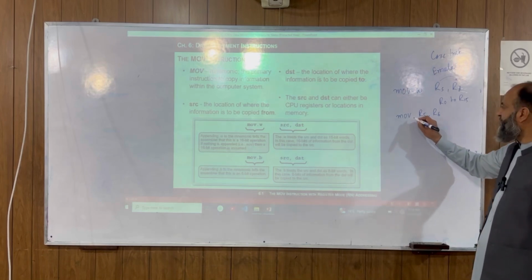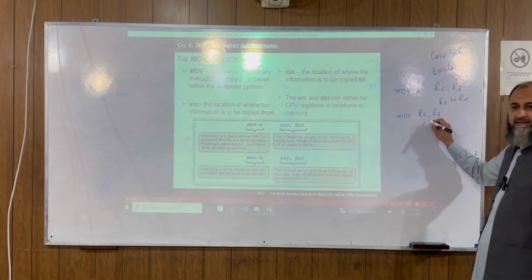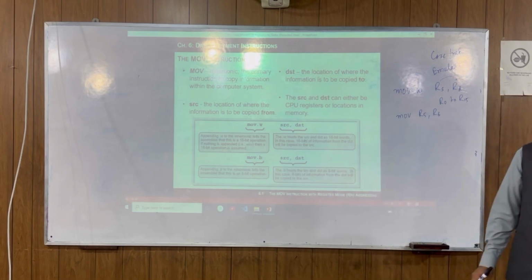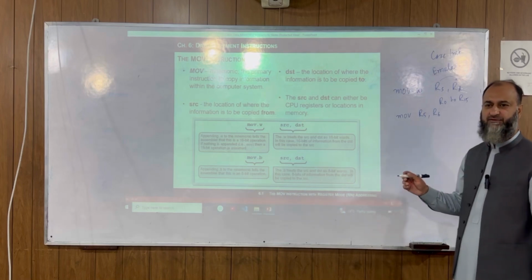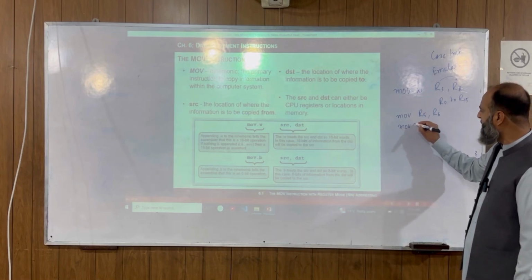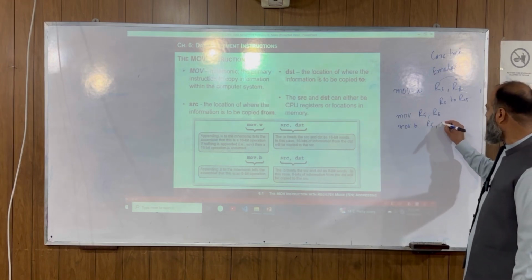But you see that there is no extension for .W or .B. What would happen then? A word will be transferred from one to the other. If you add .W, fine; if you don't add it, it doesn't matter here, right? You can also write MOV.B R5, R6.